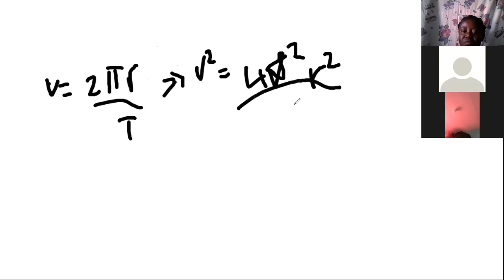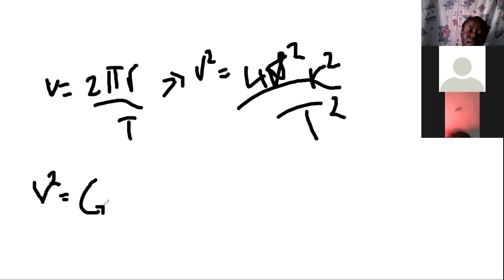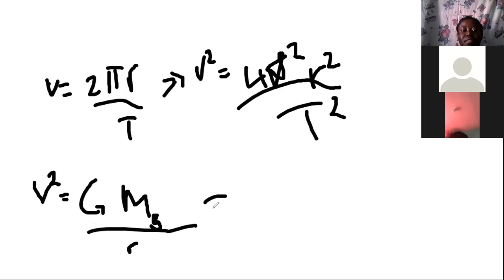Then we divide this with the period squared. Okay, and then there we had the equation saying v squared equals gravitational acceleration times the mass of, let's say, the sun, divided by the radius. So substituting that into here, we get 4 pi, we are equating this one to this, so it's 4 pi squared